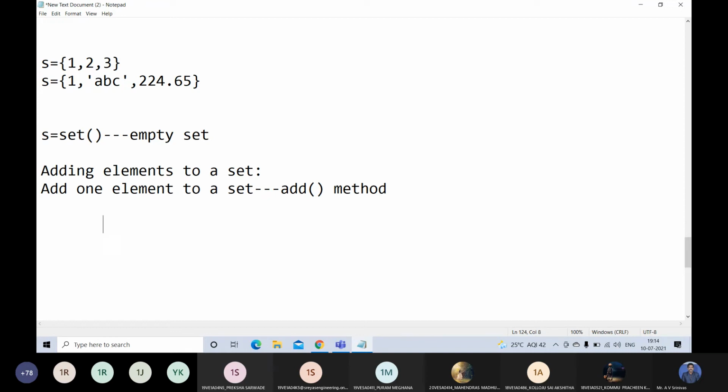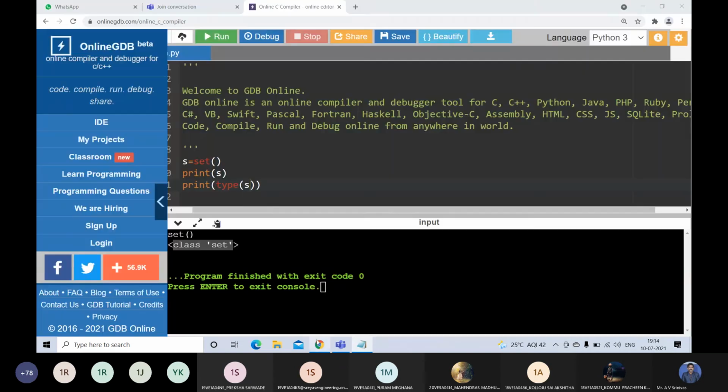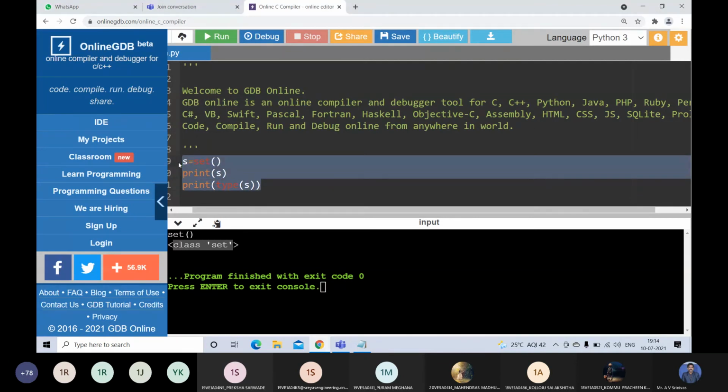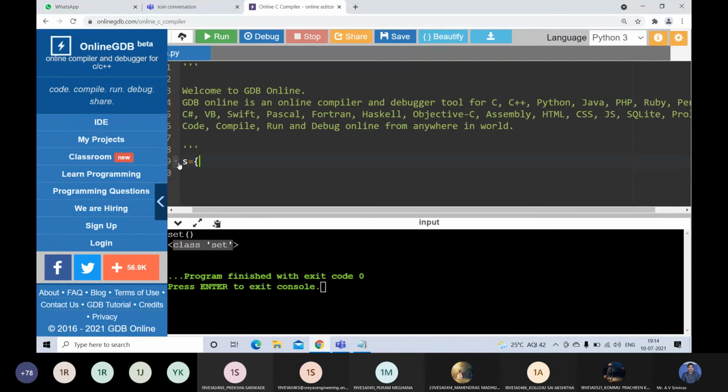That means you have to write the function like this, add of ELE, so that whatever element you pass, that element will be added to the set. For example, here I'm writing S is equal to 1, 3, 4.